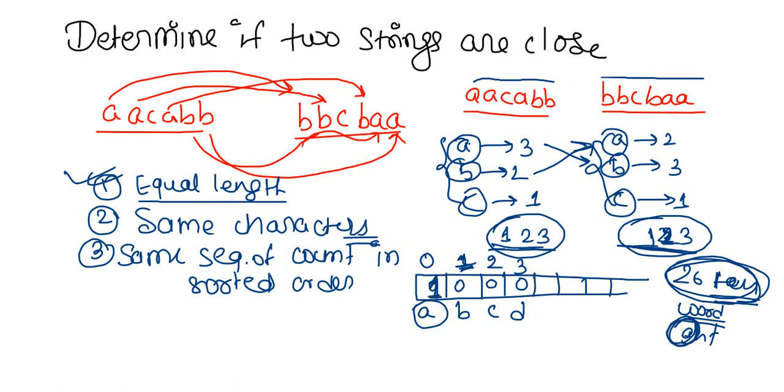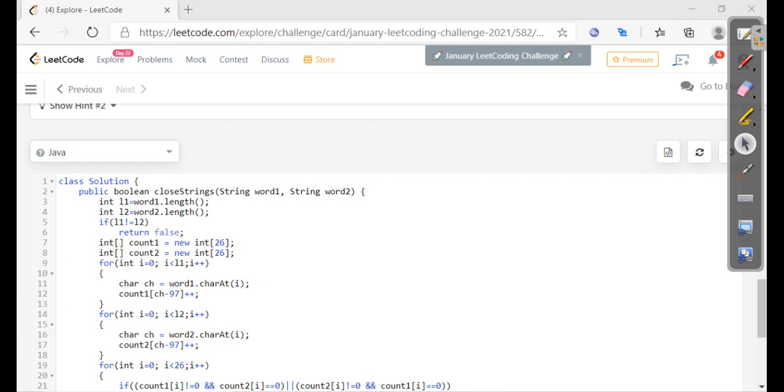Suppose we have the word Adidas. When we first encounter A, the value of A becomes 1, and when we encounter A a second time, the value of A becomes 2. In a similar way, whenever a letter is encountered, the count at that particular index will increase by 1. So how are we going to store this? Let me show you the code first. I have created two arrays, each a kind of lookup table.